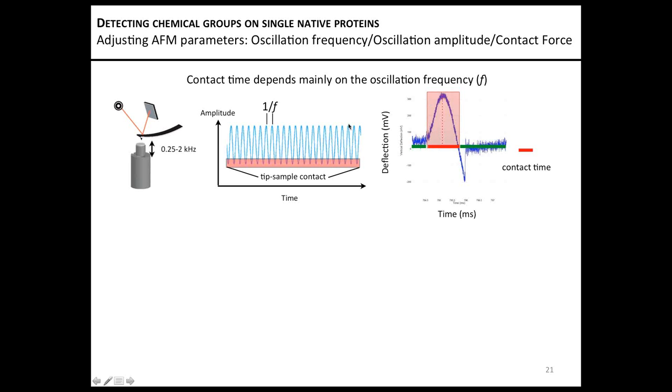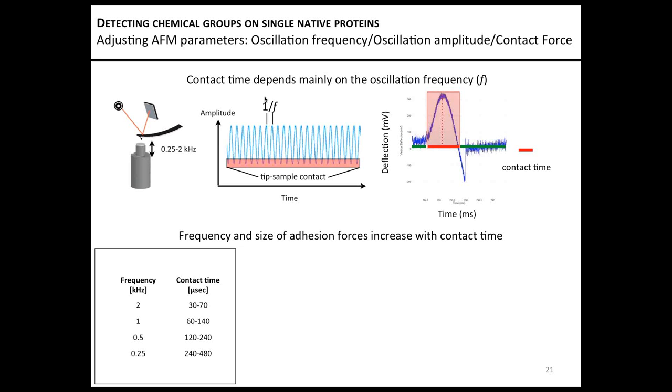So if you look at one of these force curves and zoom into them, you will see that the contact area between tip and sample is this highlighted region, which is about a quarter or a third of the whole up and down movement. And now this contact area, which is here also indicated in red as the contact time, this can be mainly influenced by the oscillation frequency of the piezo actuator. And if we think about detecting specific ligand-receptor interactions, we need to think about the contact time between the ligand and the receptor, because